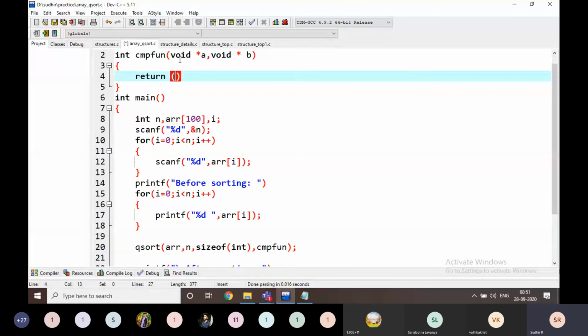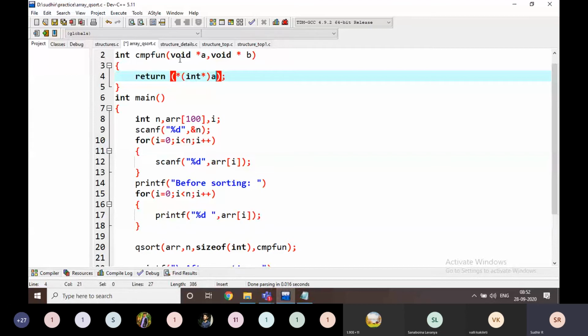Return. What is the nearest one? What is the smallest one I am going to return? That means how am I going to return here? star of int star.